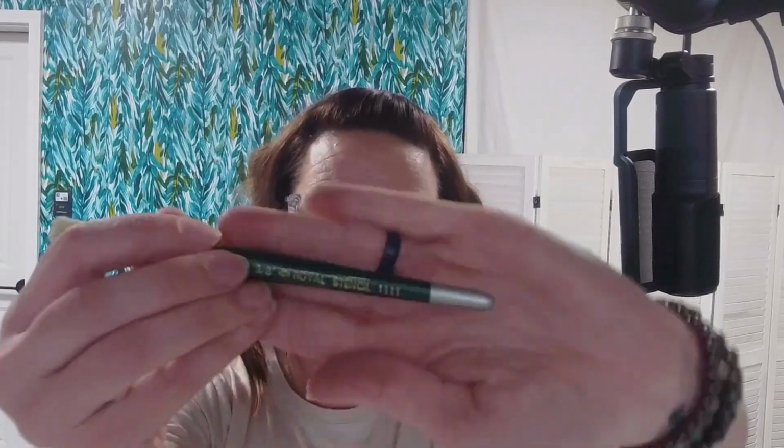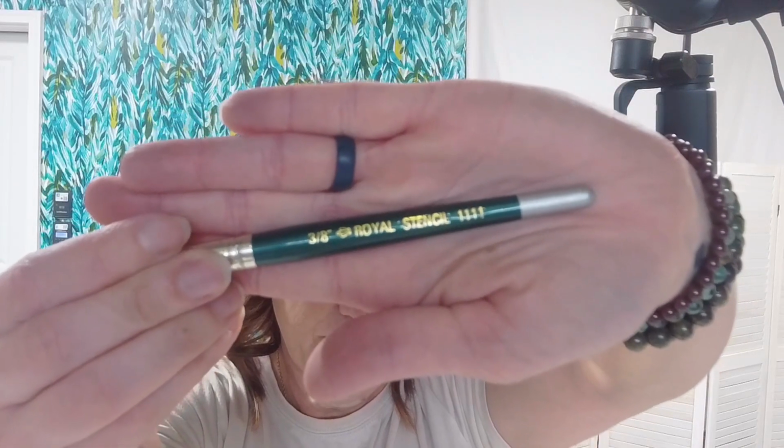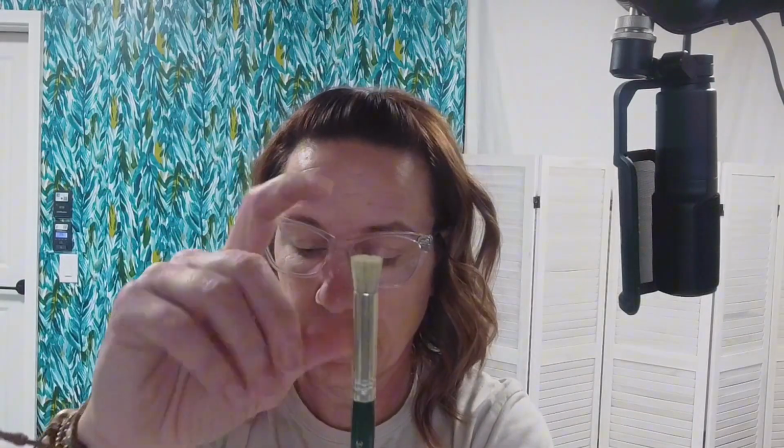Dry brushing. This is just a stencil brush that I bought from Michael's. It's meant for stencils. If you can find them, get them. I like them. I also got these from my local art supply store. They are the Royal Stencil. Let's see if I can hold that up so you guys can see that. If you can find these, they are good too. I like the smaller ones